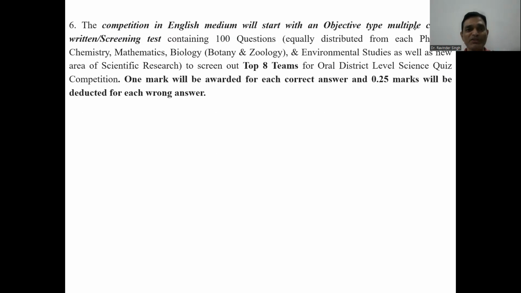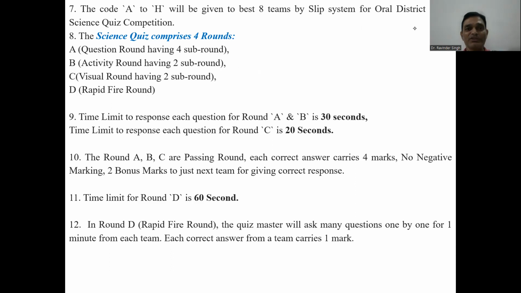तो ये जो स्क्रीनिंग टेस्ट हुआ, इसके बाद जितनी भी जो टॉप 8 टीम्स थी उनको फिर नेक्स्ट राउंड के लिए शामिल किया गया। जो नेक्स्ट राउंड हुए वो 4 सब राउंड थे। फर्स्ट इज द क्वेश्चन राउंड, बी एक्टिविटी राउंड जिसमें 2 सब राउंड थे, विजुअल राउंड जिसमें 2 सब राउंड, लास्ट वन इज द रैपिड फायर राउंड। जो फर्स्ट और सेकंड राउंड था ए एंड बी, ए इज द क्वेश्चन राउंड, बी इज द एक्टिविटी राउंड, वो 30 सेकंड एक क्वेश्चन के लिए मिला, 30 सेकंड।